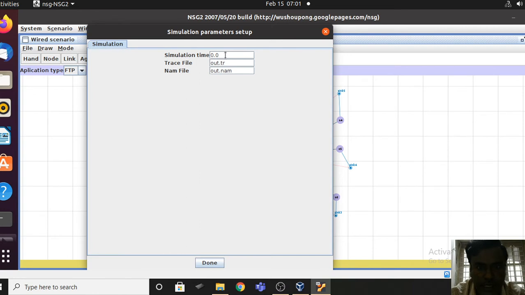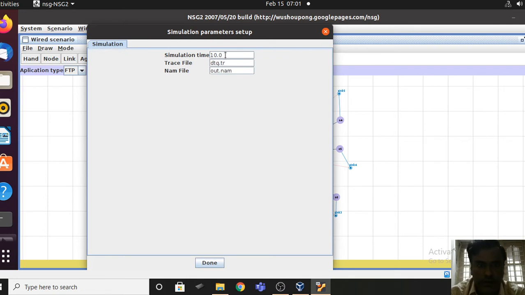So let me take it as say 10, no problem. So after this, here I am using drop tail queue. So let me give the name of this file as dtq, that is a drop tail queue, dtq.